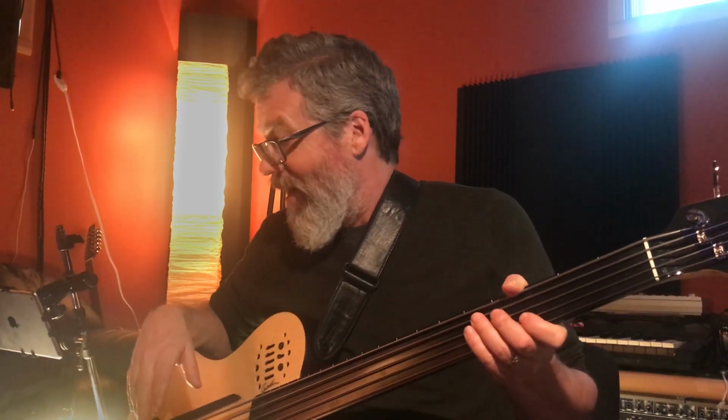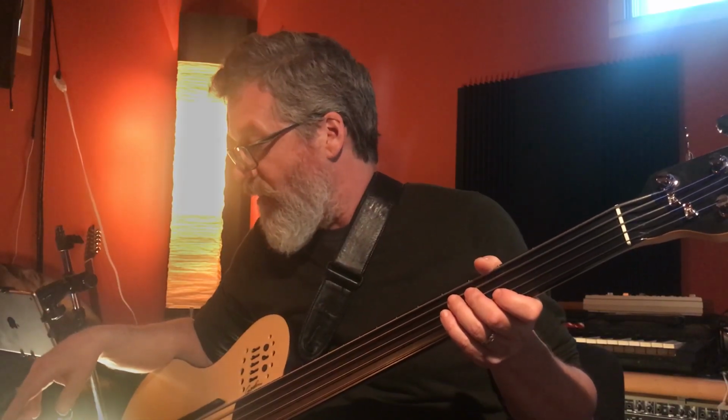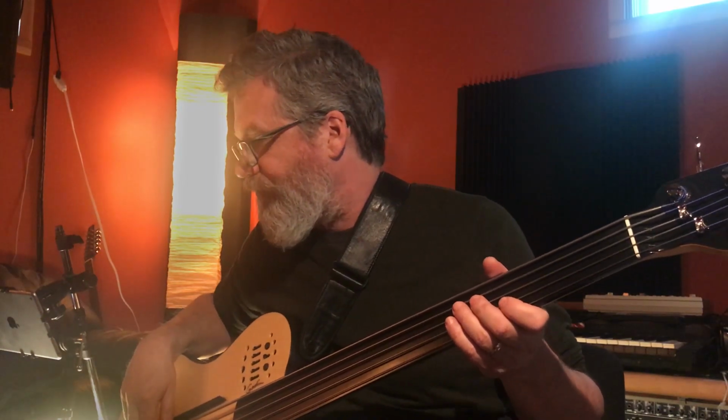It is the single most versatile, best sounding bass amp for both live and in the studio that you could possibly imagine. It's what I would call my forever bass amp, because I can't imagine needing anything else out of any other amplifier for the rest of my days, which hopefully will be long and many. So anyway, I'm just gonna run through a couple of